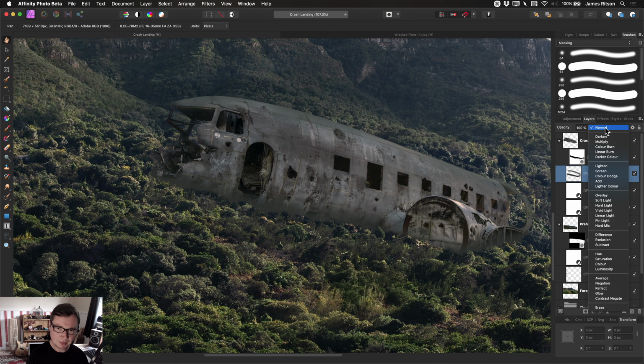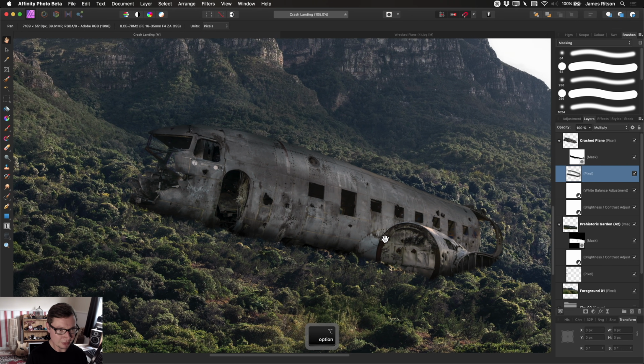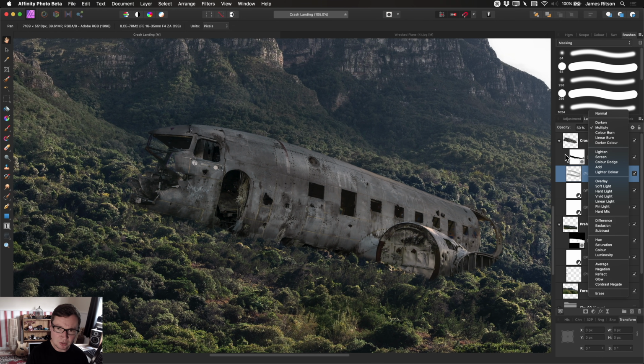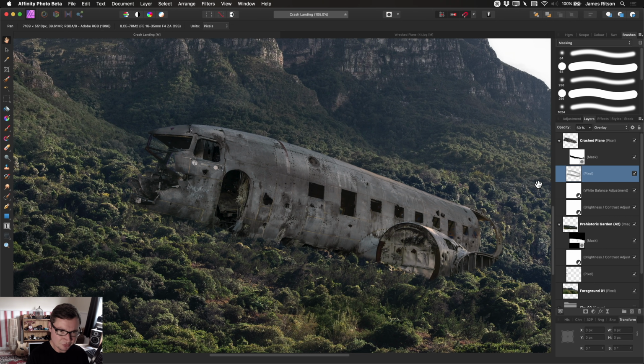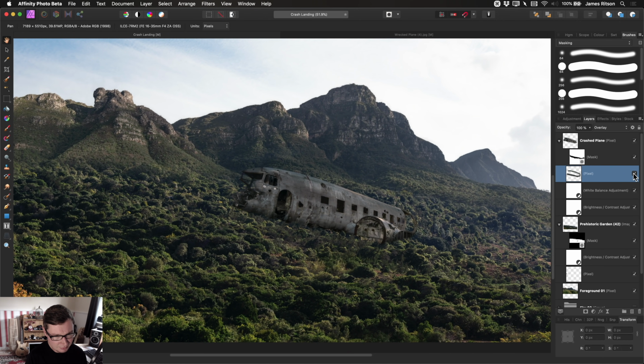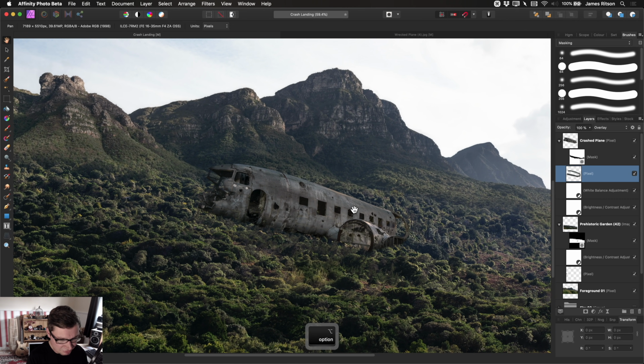So we could, for example, try multiply. That's far too strong at 100% opacity. So with the pixel layer selected, I could press 5 and perhaps try 50%. Let's see what that looks like, before, after. Not too bad. Let's try overlay, which will bring through a bit more of the highlight intensity. 100%, what does that look like? Perhaps that's too strong. Or it might actually be... Okay, let's try